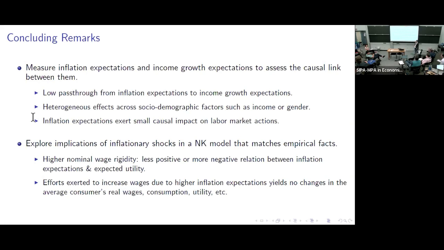Okay, thank you. Yeah, so first of all, thanks. I guess your setup does not allow us to check for asymmetry, right? When the inflation expectations go up or go down. But what you could probably do is explore whether there are non-linearities, right? Because in essence, with a linear setting, you imply that workers are ready to accept no real wage gains on employment. So maybe you can explore variation across individuals to check for non-linearity.